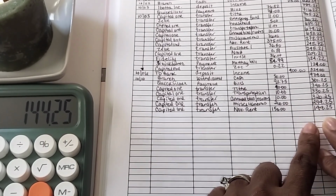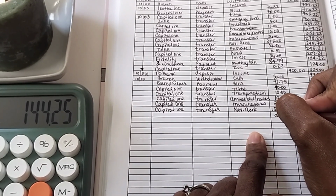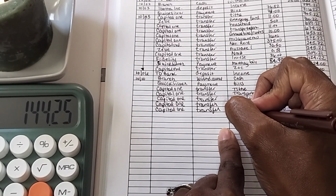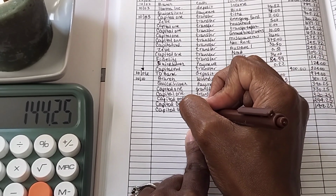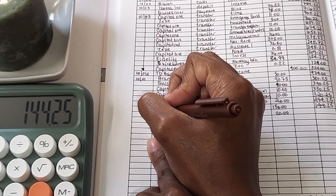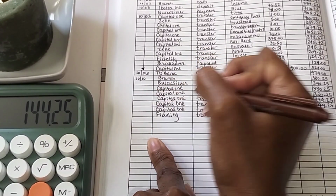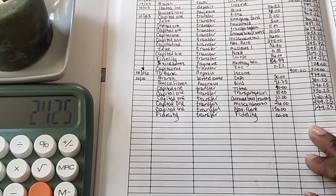But I also sent $20 to Fidelity to invest via my IRA. So I'm just going to write Fidelity here, even though it's going to post later on today after I finish filming this video. They usually post on the same day because I'm going to put my trade in before the market closes. Okay, so that will bring us to